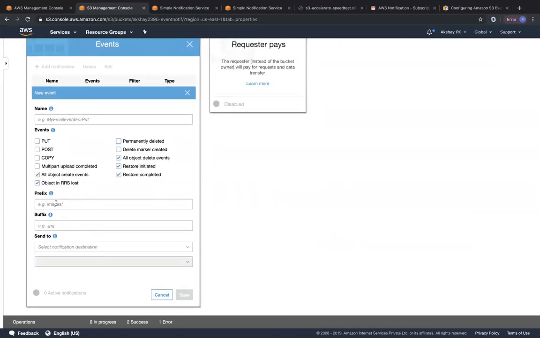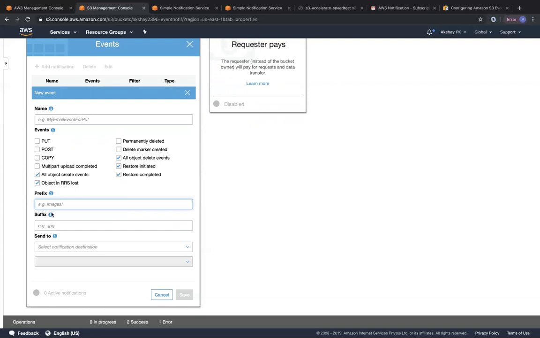And you can also present a prefix and a suffix if you want to. So if suppose I want to find out all the JPG files that were deleted, I want to get a mail when all the JPG files are deleted, I can present a suffix, and a comma separated suffix is also possible. So .jpg, comma, .png, and so on. And when it comes to prefix, I can ensure that a particular folder is only being monitored. So within that particular folder, if some of the files are being deleted, I'll get an event notification, or I'll get a notification in my mail right now.